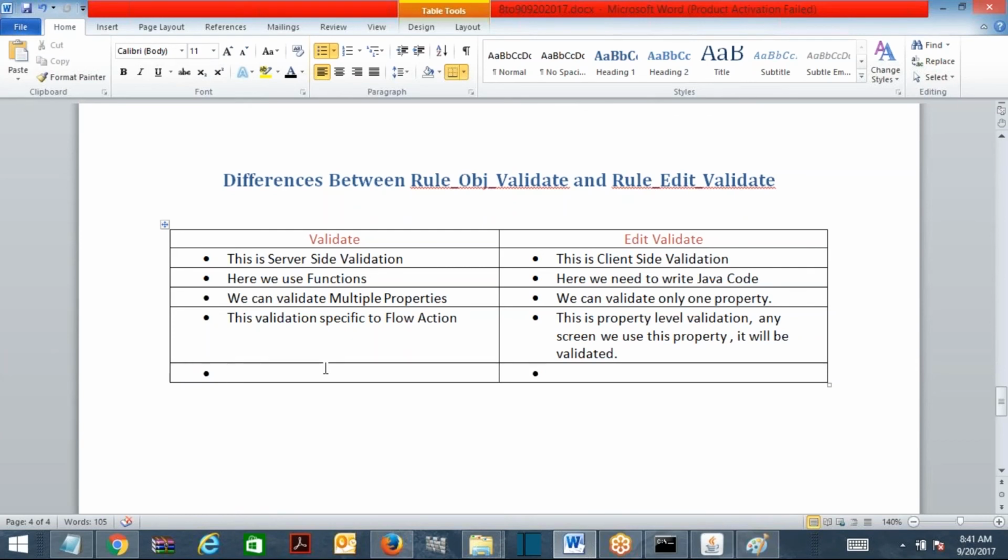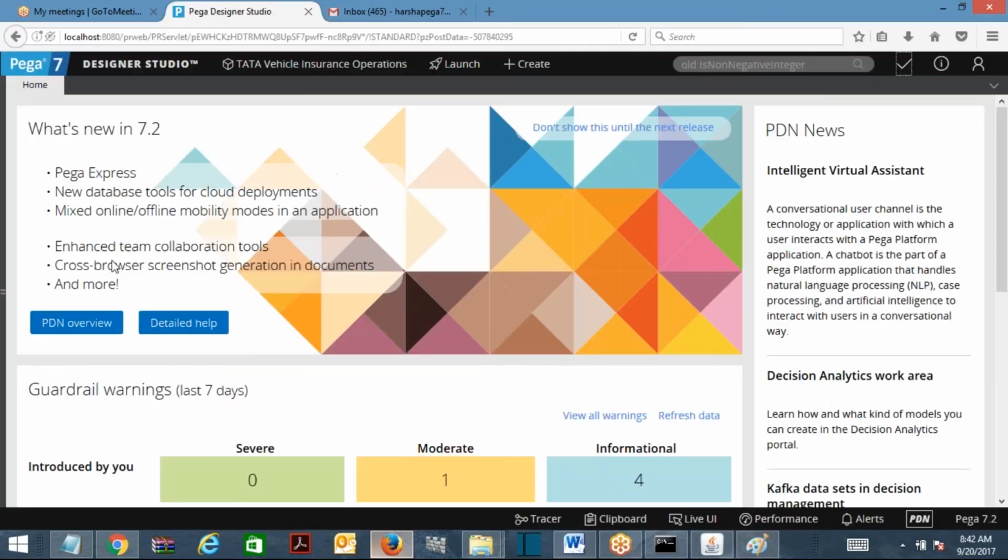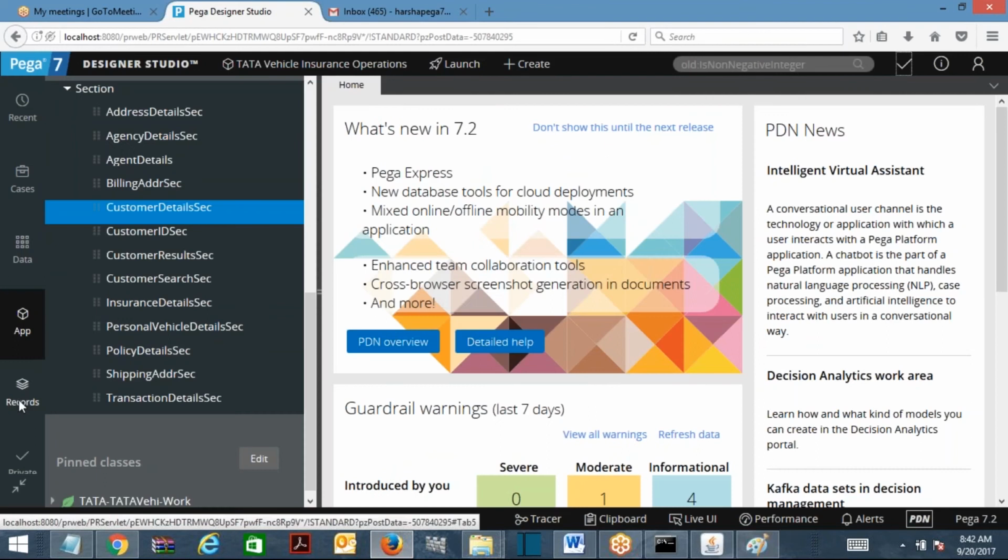In the activity, if you want to call validate, use obj validate method. We can call this in an activity using obj validate method. We can call this using property validate method. So let's go ahead and open here.